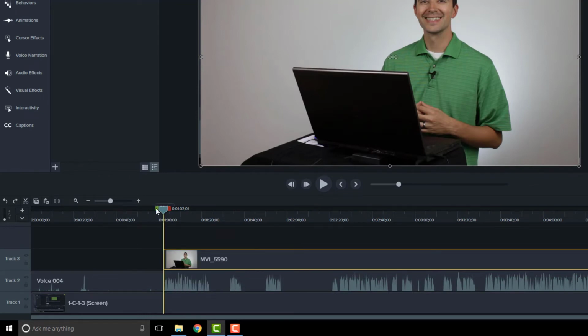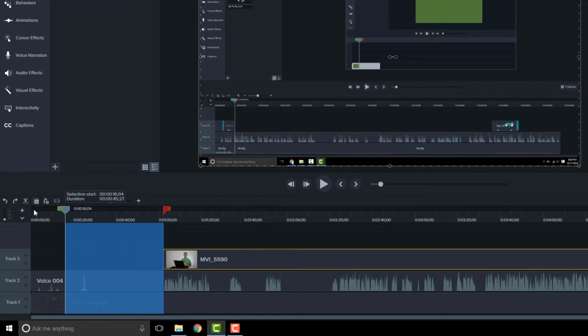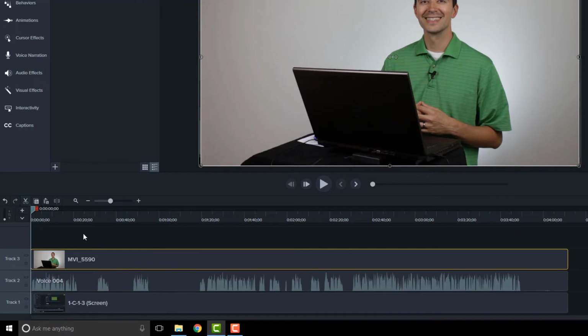And I'm going to grab this green handle, and I'm going to drag it all the way to the left. And I say, everything that I have on the timeline that comes before this point, I want it to be removed. I want it to be deleted. So now when I click cut, notice it kept all of my tracks there. I didn't delete, I didn't lose all of those tracks. I just lost the media that was there.